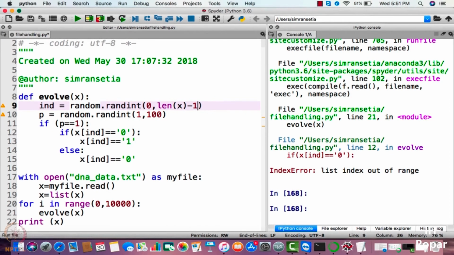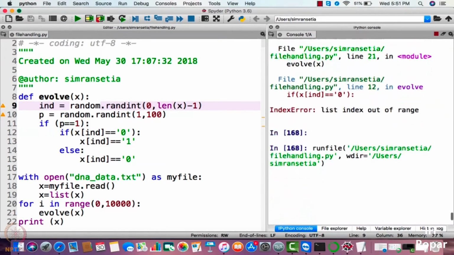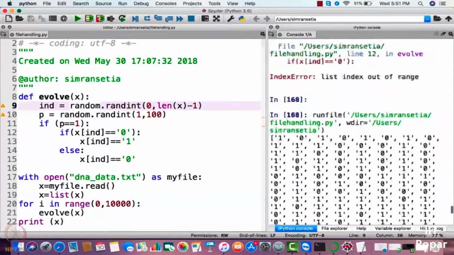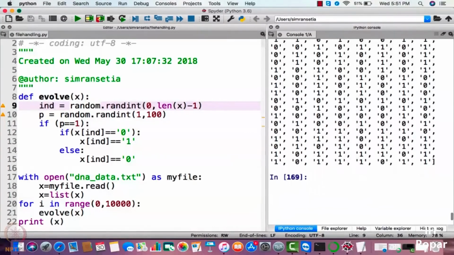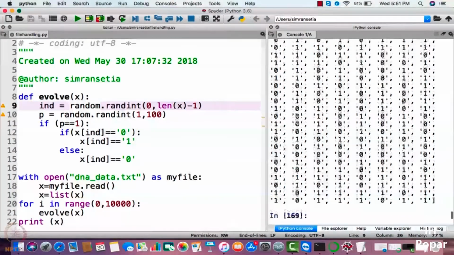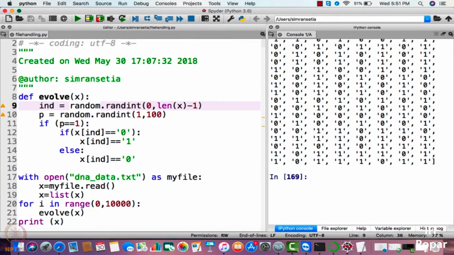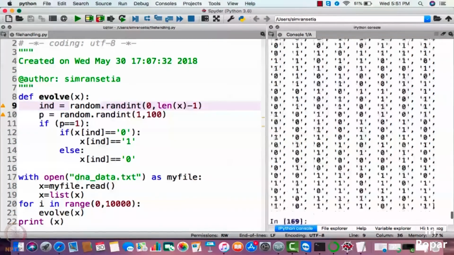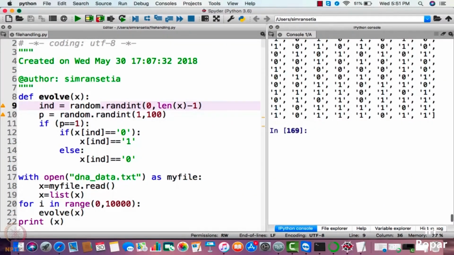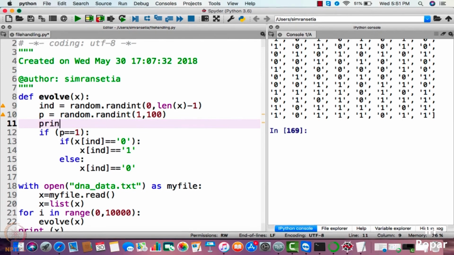So let us run it again. We have an array here again. The list that we read from that particular file has come out here. You can actually print the p and idx values and check whether the change is taking place or not. So I'll just print the p values and see whether the change is taking place.